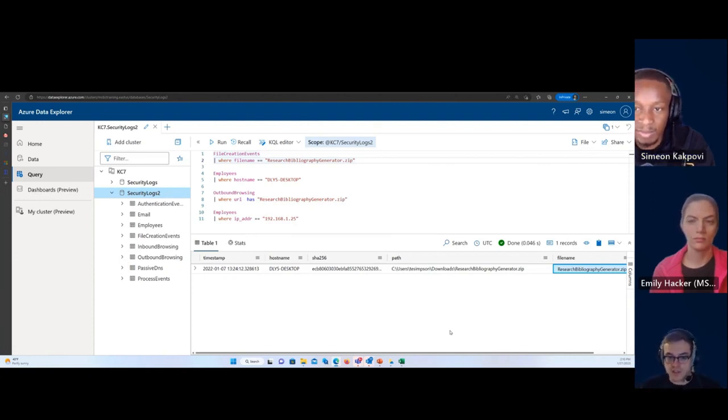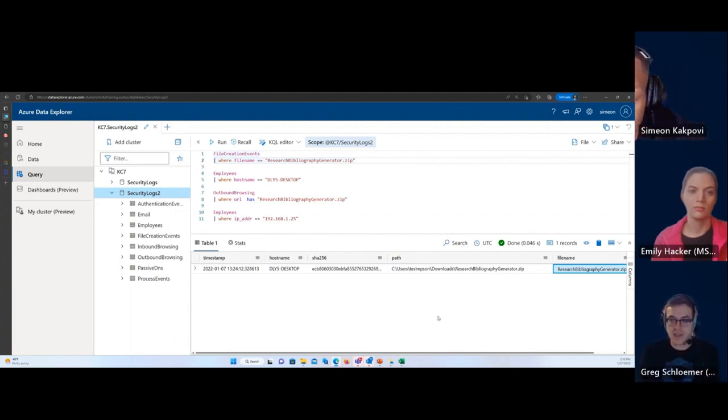So like Simeon talked us through, now let's think backwards. If it got on his system, something happened that made it show up there, right? It didn't just appear out of thin air. So did he download it from the internet? Was it transmitted from a USB device that he plugged in? We don't know. Let's make a hypothesis.